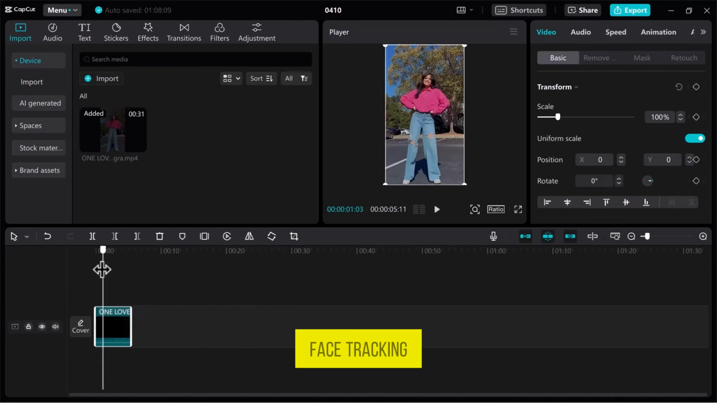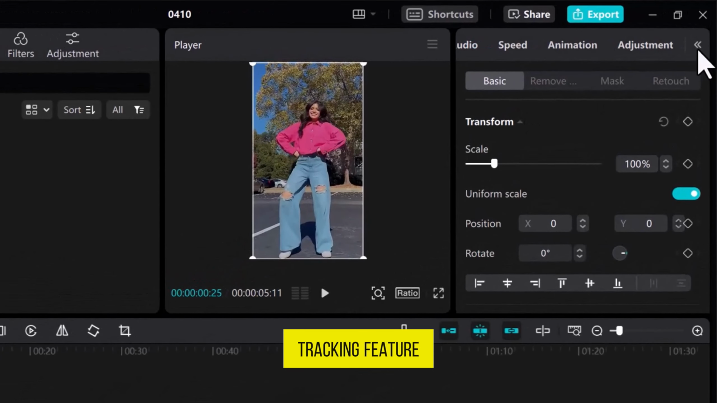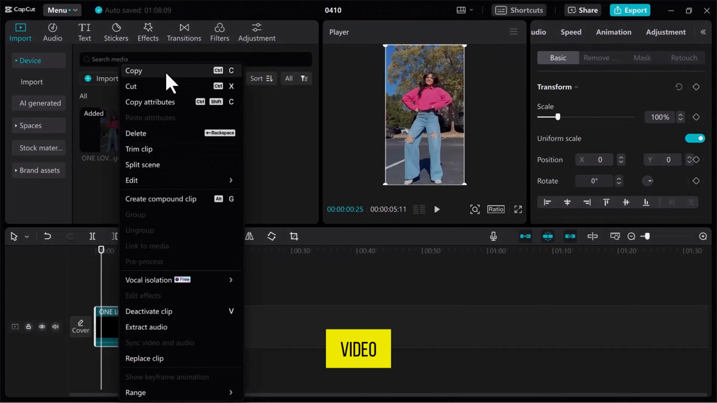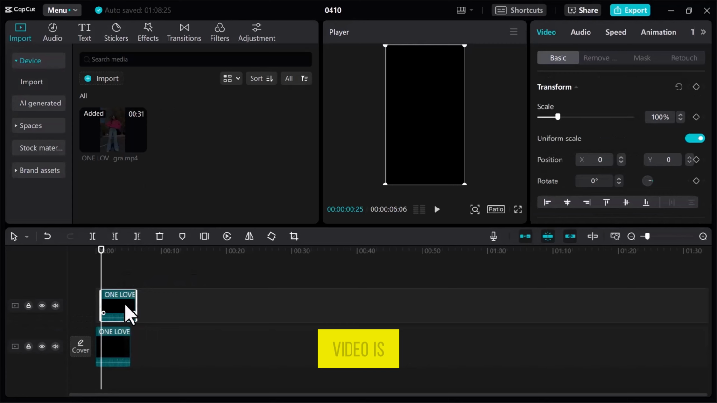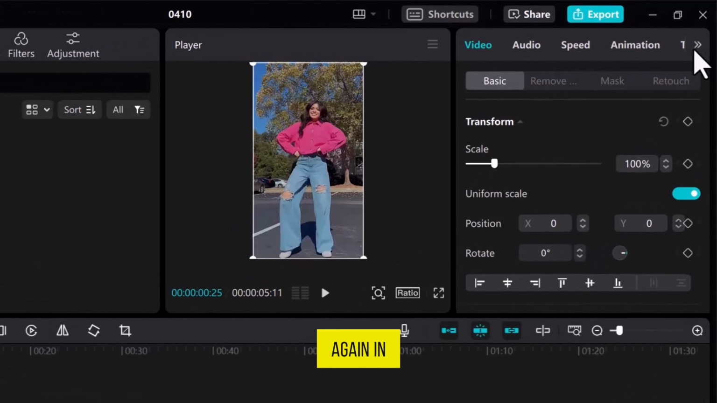To apply face tracking, from the top right side, locate the Tracking feature. If you don't find it immediately, you can make a copy of the original video by copying and pasting it onto a new track. Once the video is in position, find the Tracking option again in the top right corner